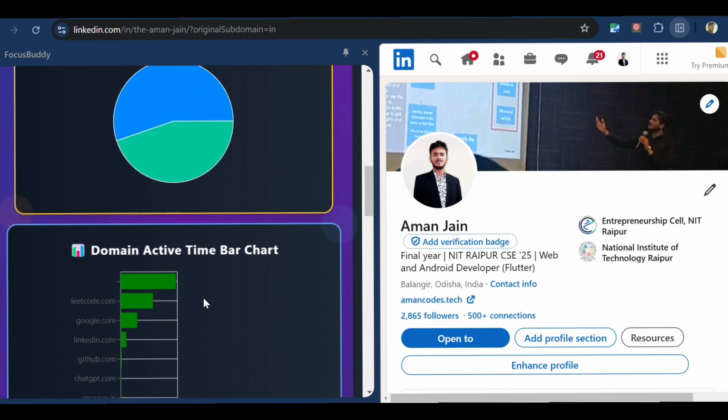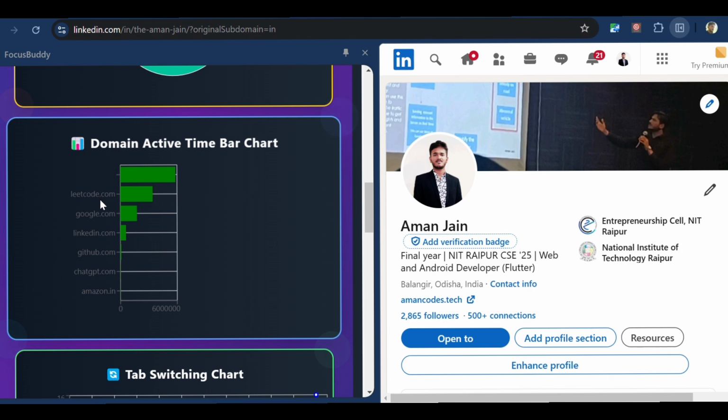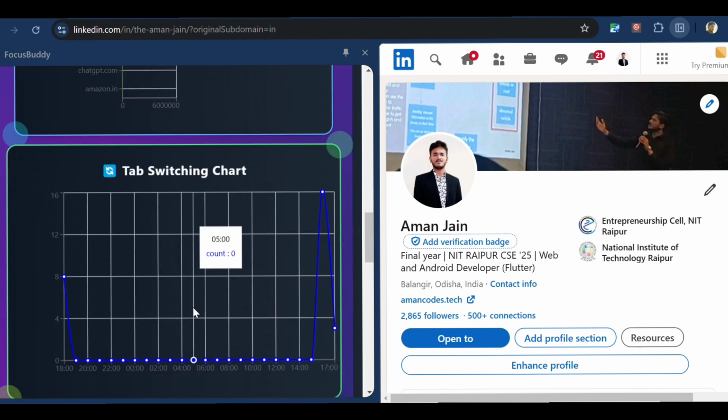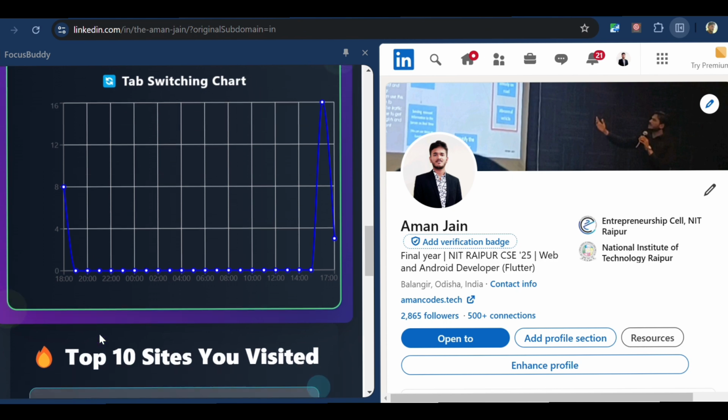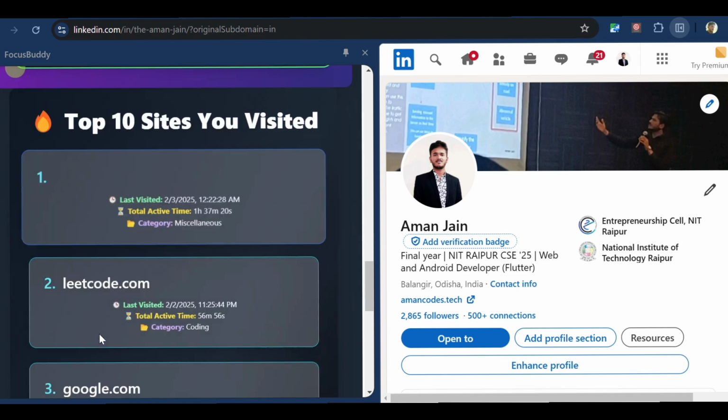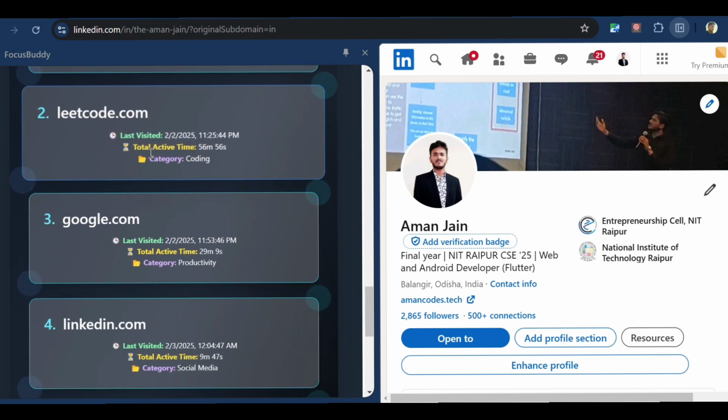So then we move on to the domain active time bar chart. This bar chart shows the top domains ranked on the basis of their time, like the time is in milliseconds. Then we move on to the tab switching chart. This tells you how many times you switched the tab in this duration. Then the top 10 sites you visited,